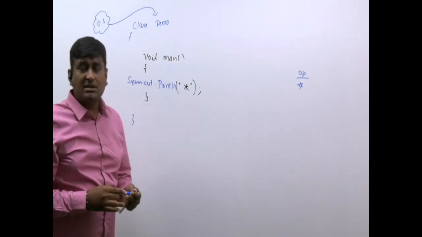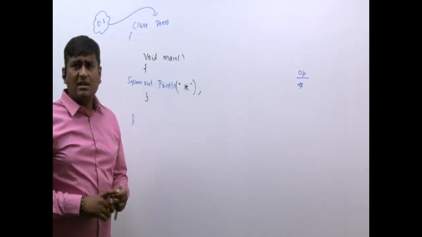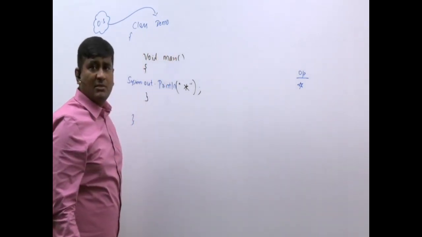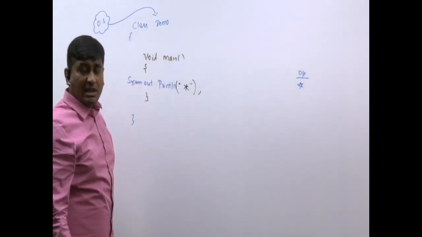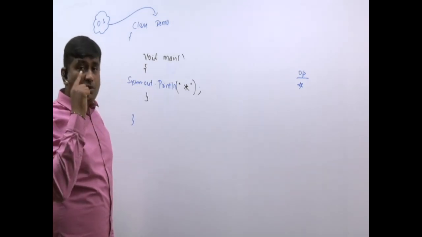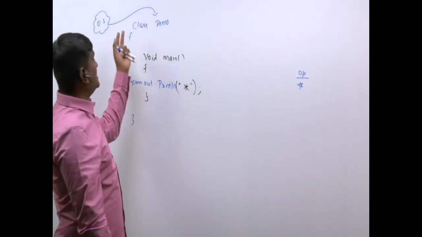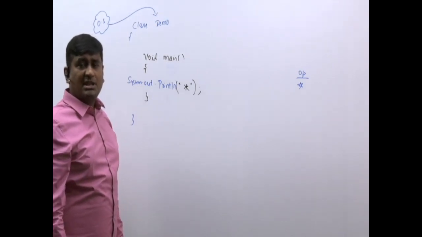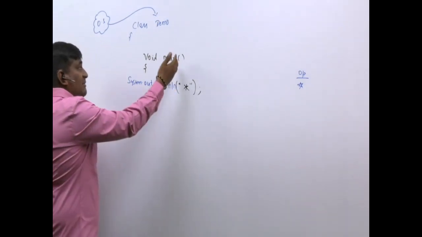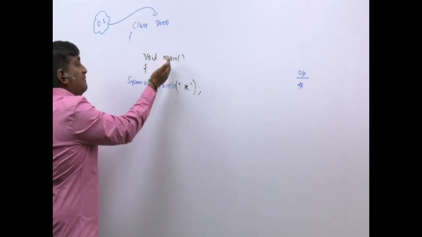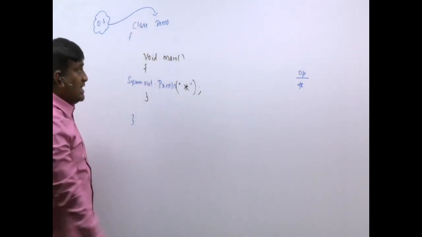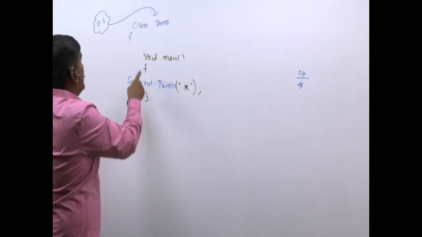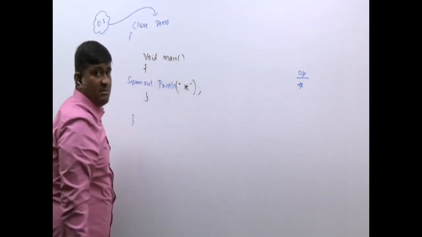Now the OS will try to give the control to the main, but unfortunately, OS can't see the main method. What are you telling, sir? Why can't OS see the main method? Main method is here only. We are able to see it. Yes, you are able to see because you have eyes. But the operating system cannot see that main method. Why is the operating system not able to see the main method? Because you have kept the main method inside a class. See here, this main method is kept inside this particular class. That's the reason your OS is not able to see this main method.